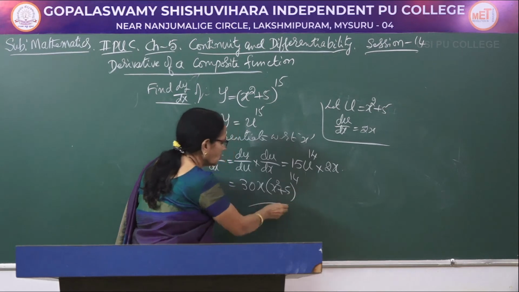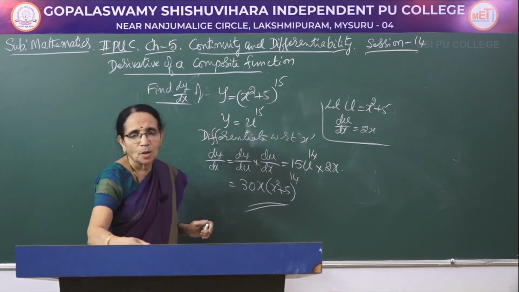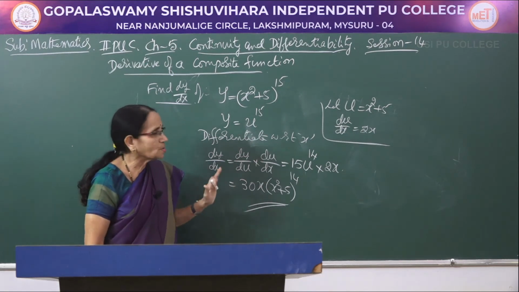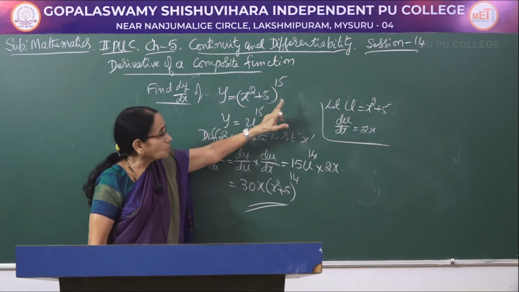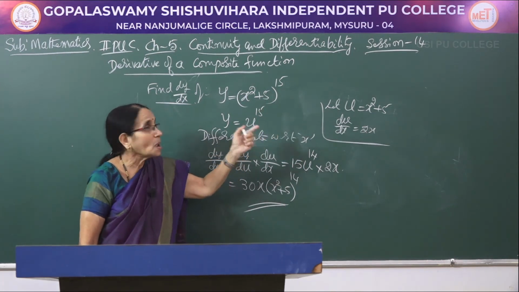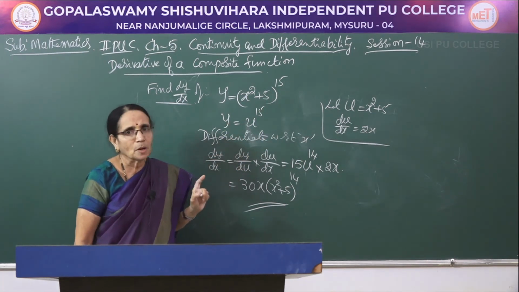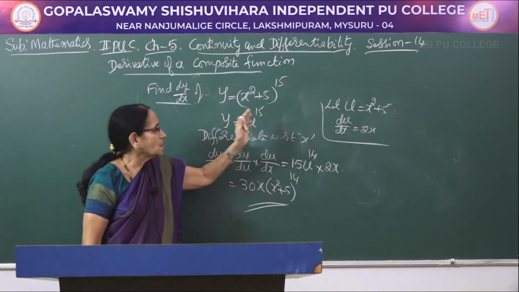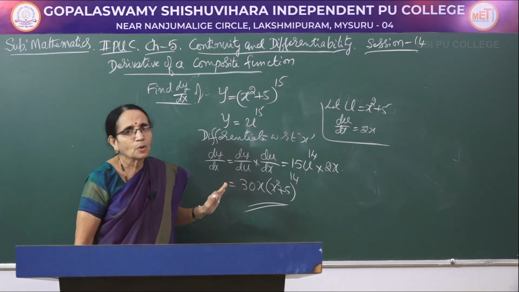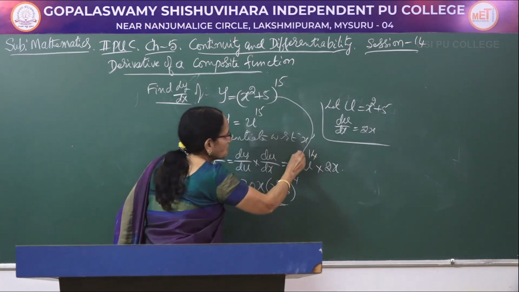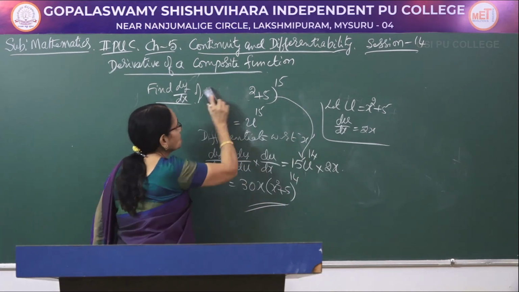So this is how the value has to be calculated, okay. If there are more terms here, suppose you are applying the product rule or quotient rule, something like that, then it would be expected for a 2-mark question. If there is only one term here, maybe raised to any other power, then it is always asked for a 1-mark question. So directly you can start and go to this particular step and get the result.